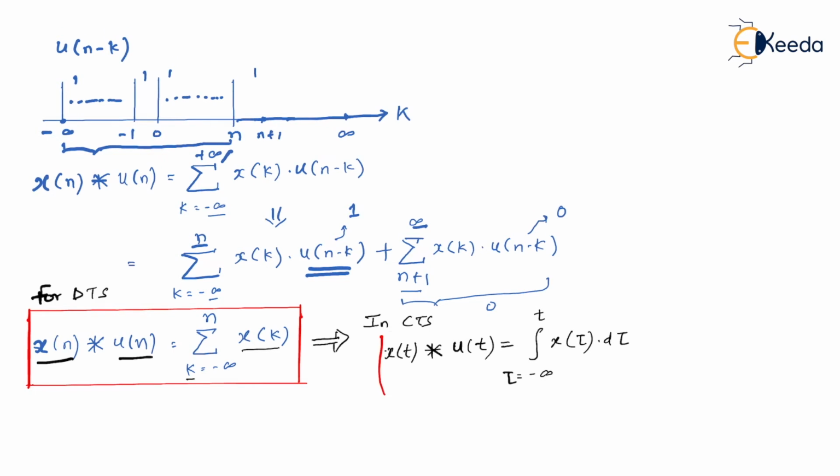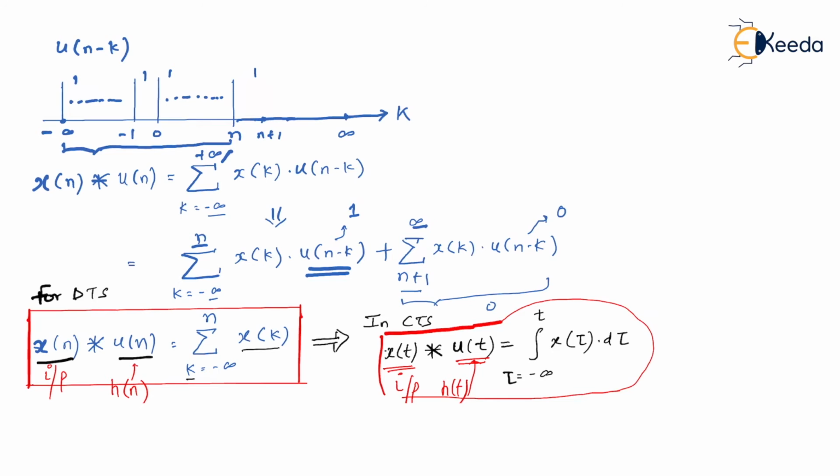So in fact, this is also a very important result that you see over here. So now we are coming to a very important conclusion. You know very well your x of n is an input. Similarly, in case of continuous time signals, you have x of t as input, right? So I can interpret my u of n as an impulse response, that is h of n, and in continuous time domain I can express u of t as h of t in general.